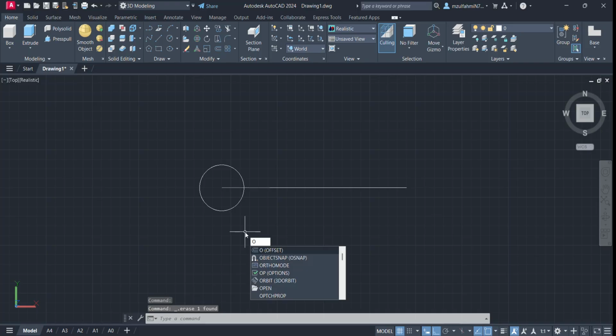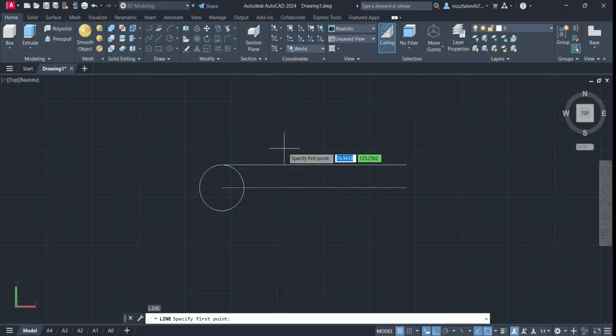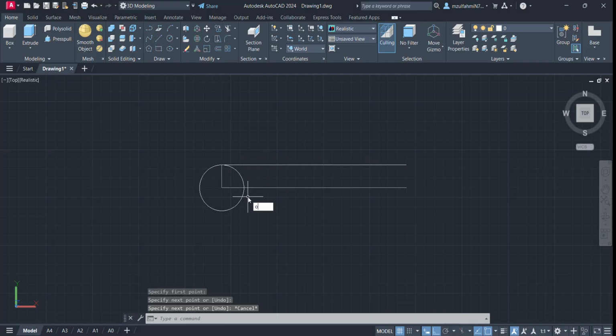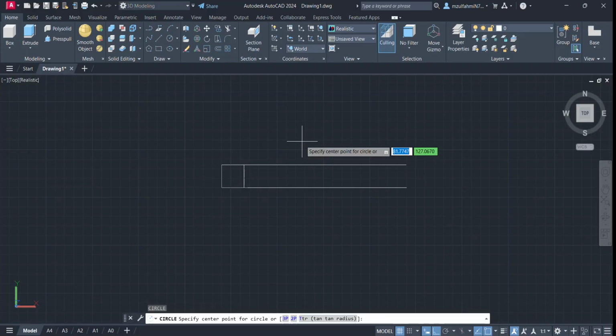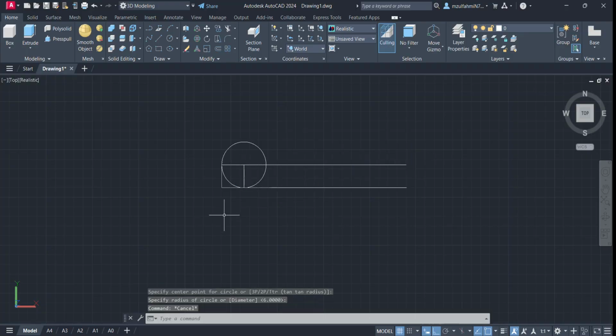I do the offset first. O, enter. 6, enter. And then okay, align. O enter, 6 enter. Okay, this one is not needed anymore, so I click C enter for this one. So we can create this one, and then